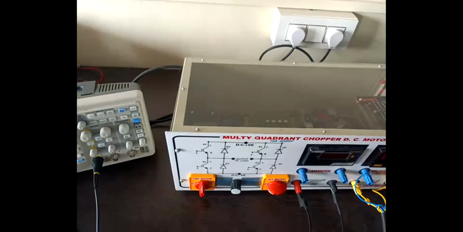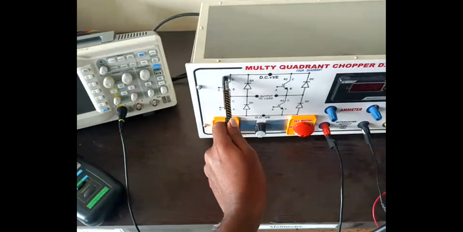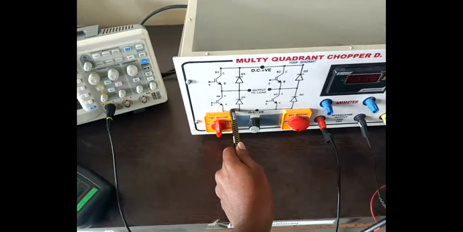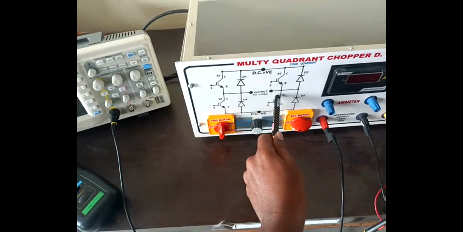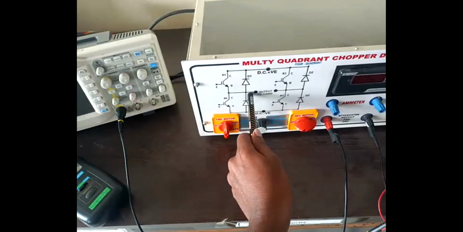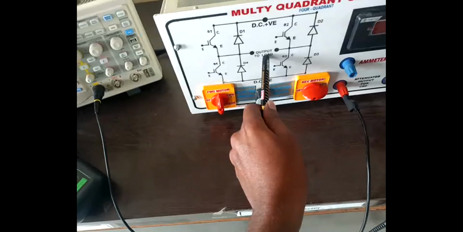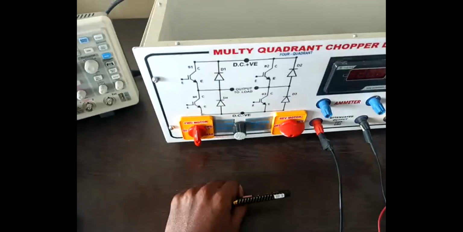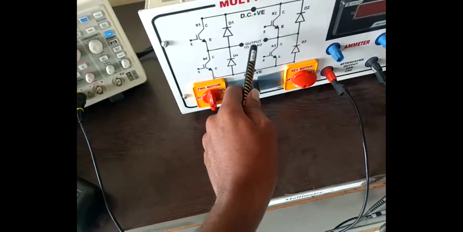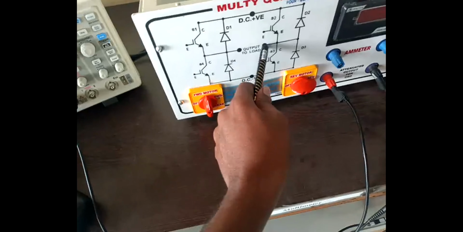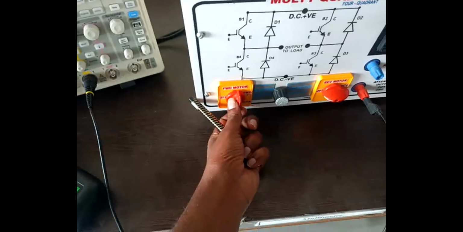So already we have seen the operation when S1 and S3 turn on. Okay, the current is flowing through this circuit. When S1 is off, still the current is flowing through this circuit. Is it clear? Next, third case, when S1 and S2 turn on, the motor is rotated in the forward direction. And if we are increasing the voltage by using the duty cycle, the speed is also increased. Second case. Okay. Now we are putting the switch in this position.